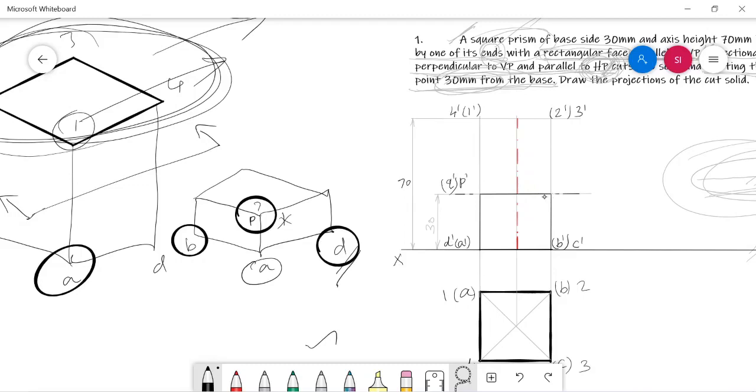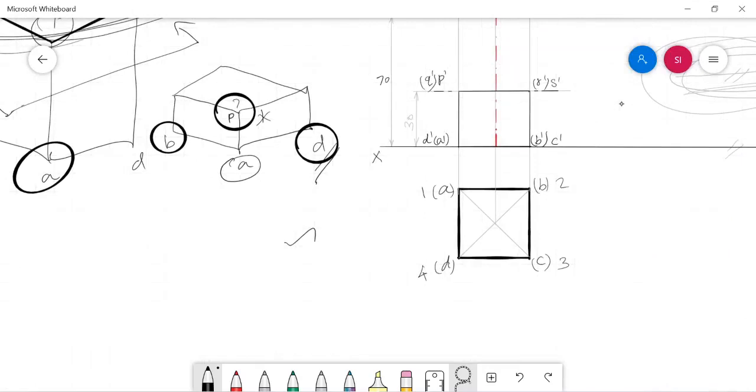In this intersection, just examine how many edges are passing over. See, 2 dash B dash, 3 dash C dash. Totally 2 edges are passing over in this intersection. So I am going to give R dash and S dash. Any one alphabet can be put inside the bracket. In this way, we have to give the names. And then after mentioning the names for each and every cut point, you need to project them towards your base view also and mark them.